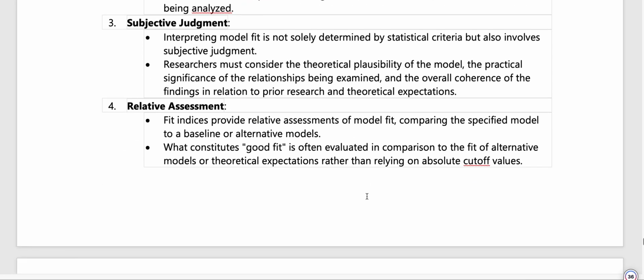Relative assessment: fit indices provide a relative assessment of model fit, comparing the specified model to a baseline or alternative model. What constitutes good fit is often evaluated in comparison to alternative models or theoretical expectations rather than relying